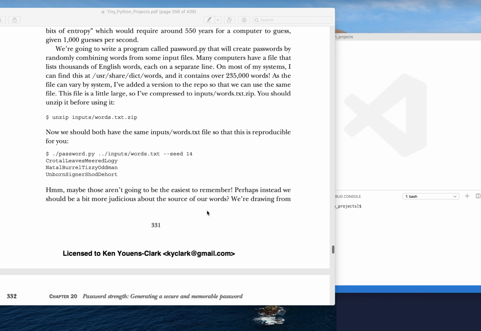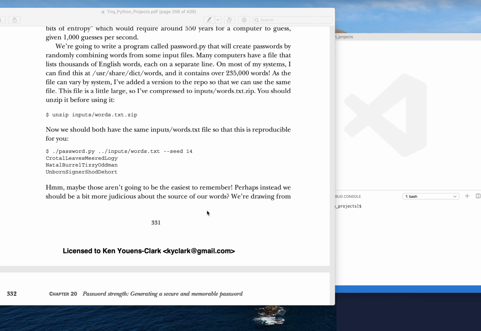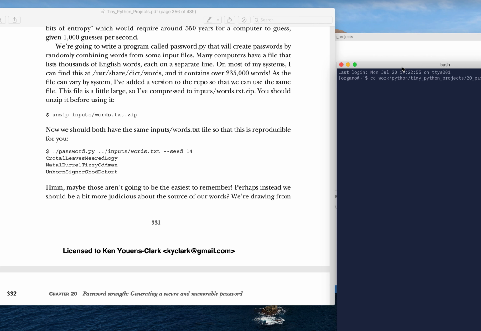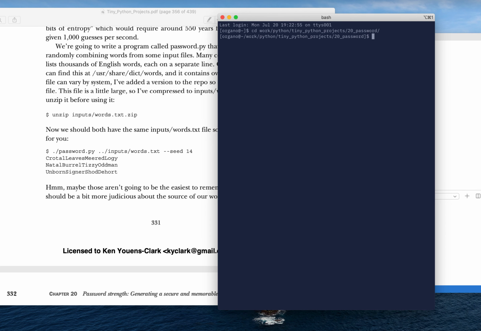So to that end, we're going to use a file that's commonly on most Linux systems, Unix systems, under /usr/share/dict/words. On my system, that's where this dictionary file is located, and it contains over 235,000 words. I can look at that here on my system. Let's see. I can use our old WC program. We can even use our own, and it's under /usr/share/dict/words. And yes, I see it contains